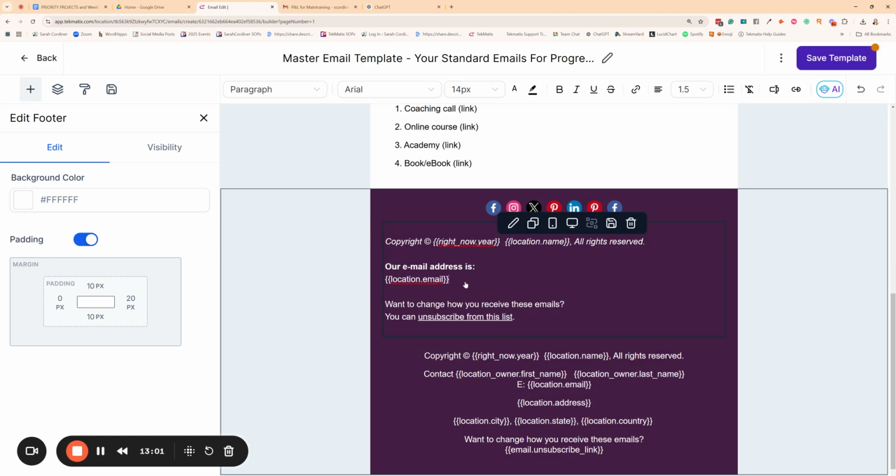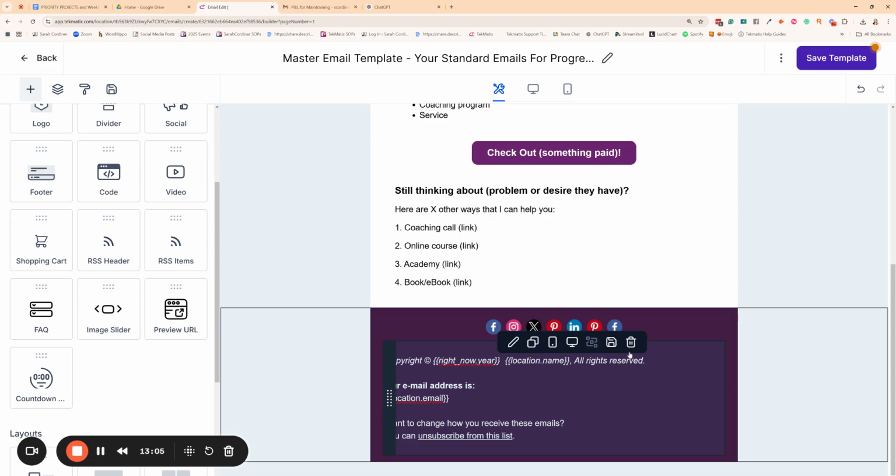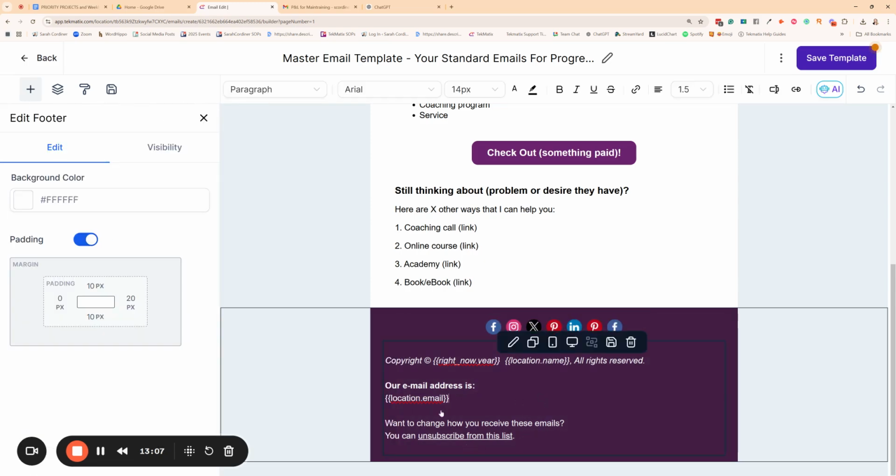All right, see what we're doing here? We're just kind of saving ourselves work in the future. I'm going to get rid of this duplicated thingy here. And the other thing you have is, if you want to change how you receive these emails, you can unsubscribe from this